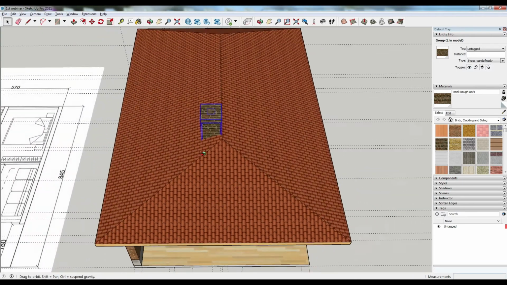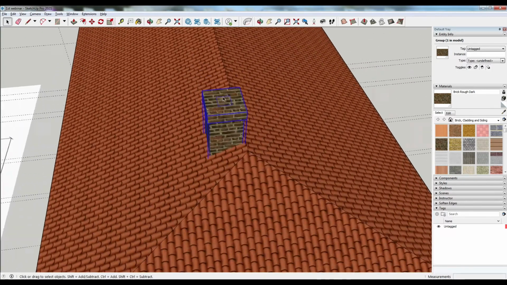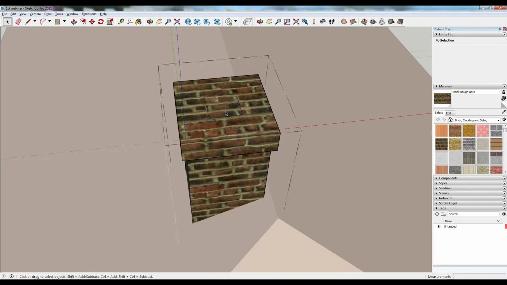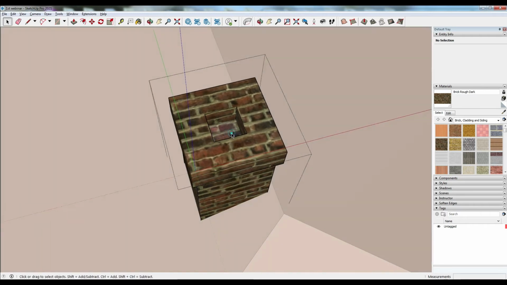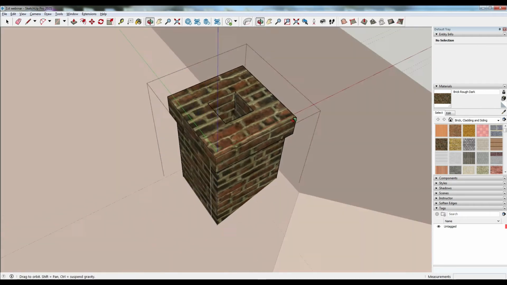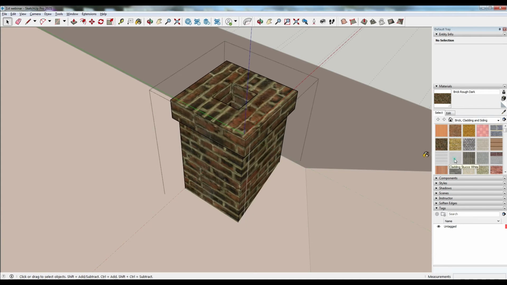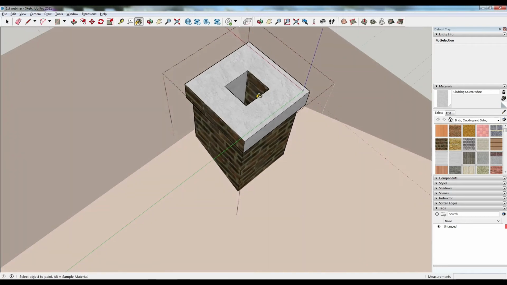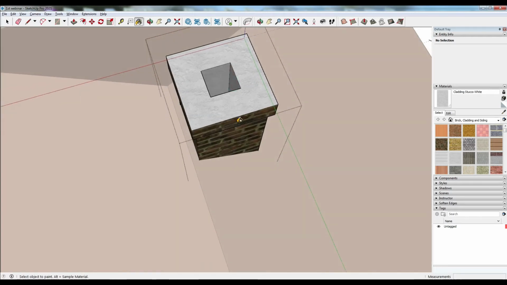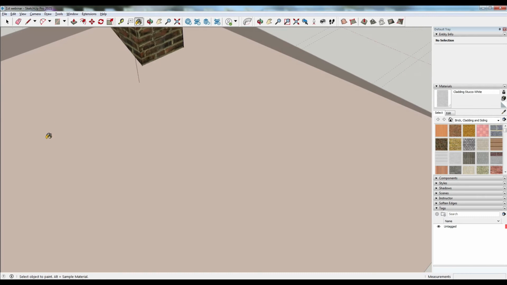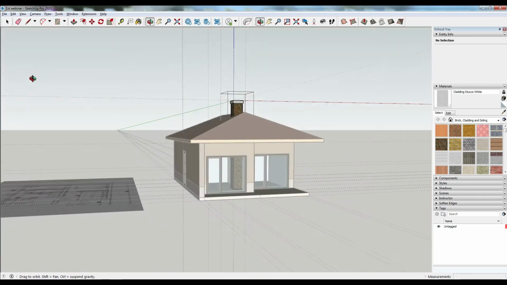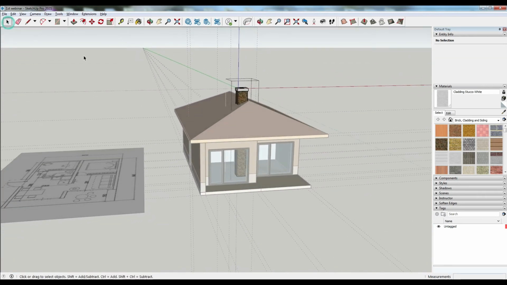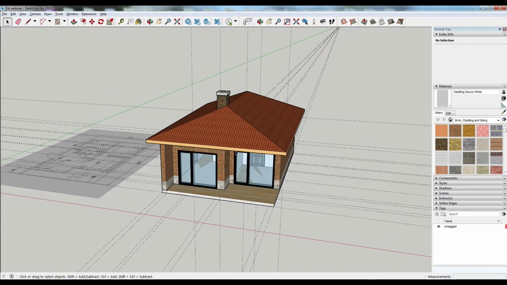If I want to change some of it, I could enter it and even delete some unnecessary details. In this way, I could even change and modify any surfaces from the elements,